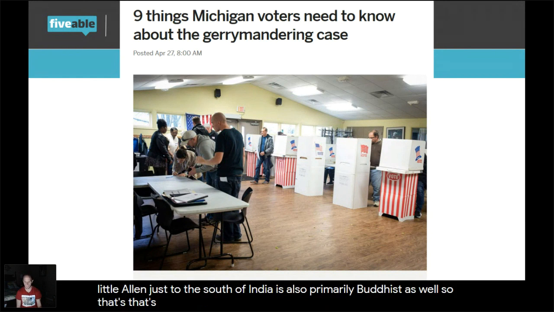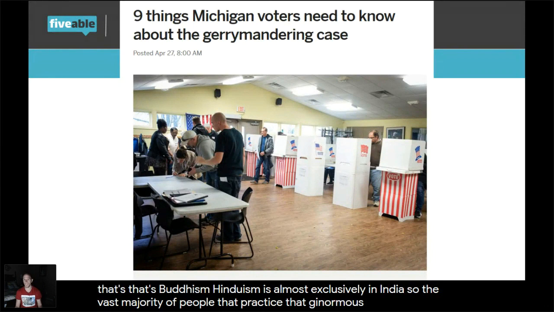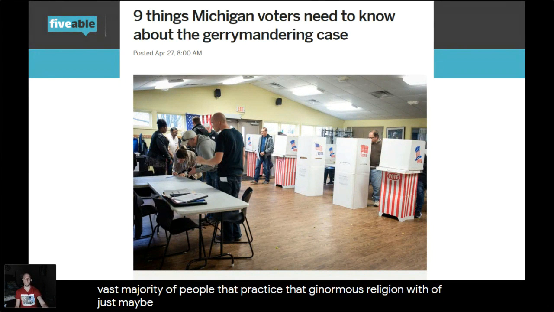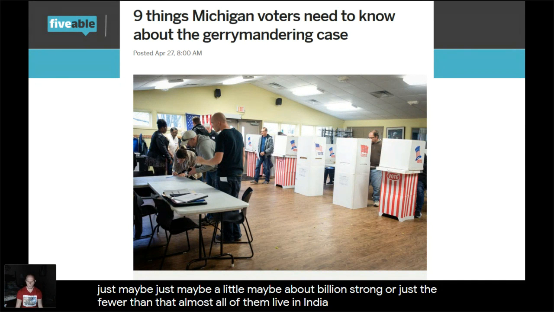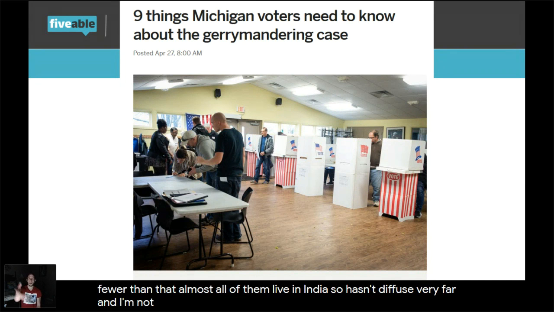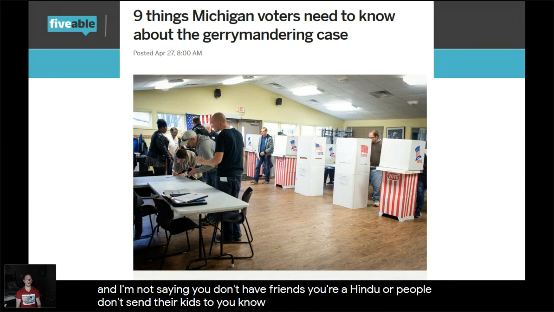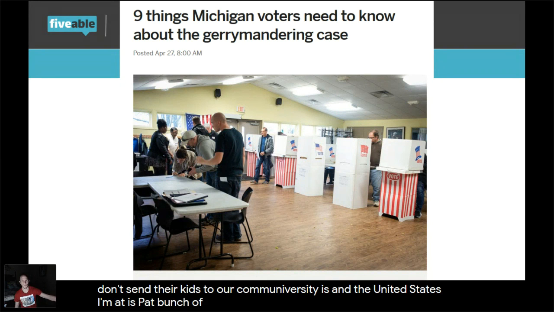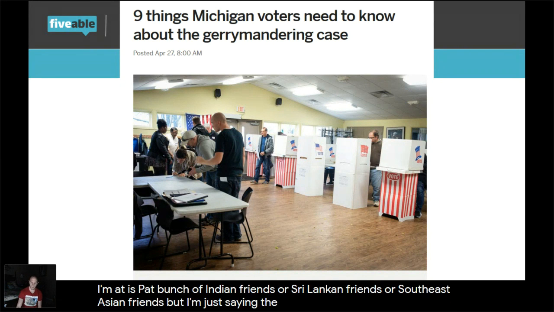So that's Buddhism. Hinduism is almost exclusively in India. So the vast majority of people that practice that ginormous religion of about 1 billion strong, or just fewer than that, almost all of them live in India. So it hasn't diffused very far. I'm not saying you don't have friends that are Hindu, or people don't send their kids to universities in the United States. I just had a bunch of Indian friends or Sri Lankan friends or Southeast Asian friends. But I'm just saying the vast majority of Hindus live in India,